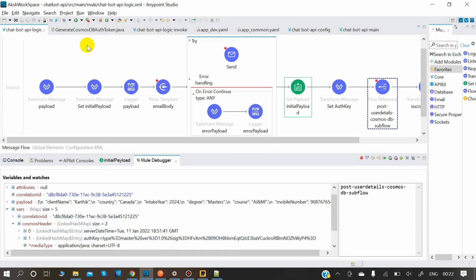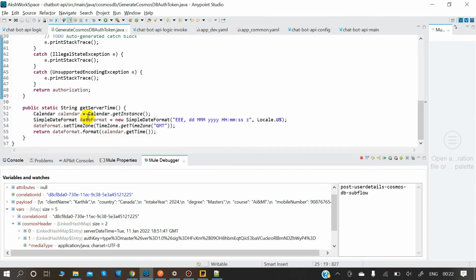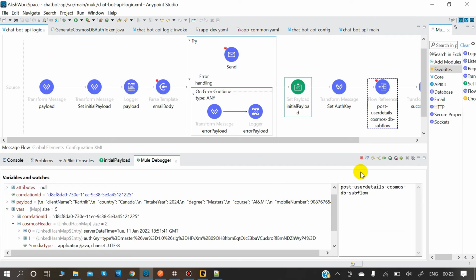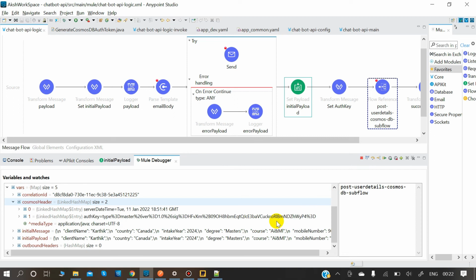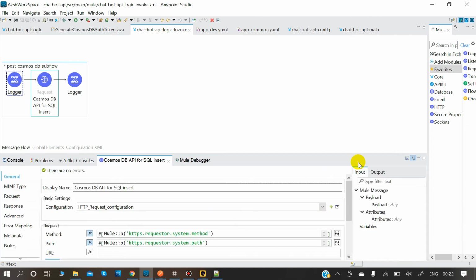From that particular class, it was able to generate that particular token from this generate function and this get server time. Coming here back again, mule debugger. Yes, I have explained this. And now we would be coming to this logic invoke flow where I would be logging this.